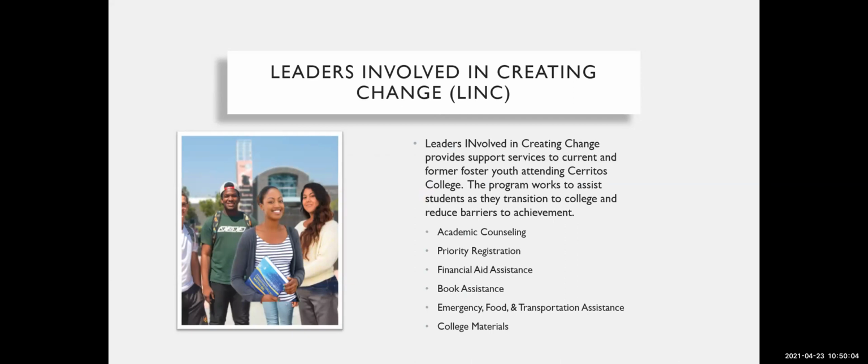So we have a specialized program to help support students as they go through their academics. It's very similar to EOPS. It is a separate program from EOPS in the exact same office. Students that are former foster youth tend to be in both EOPS and LINK. It's a great program. If you're eligible, then there's a lot of great services for you. If you try to join EOPS and you indicate that you're current or former foster youth, I will direct you to Dr. Linda Ramos, who's a facilitator for this program.